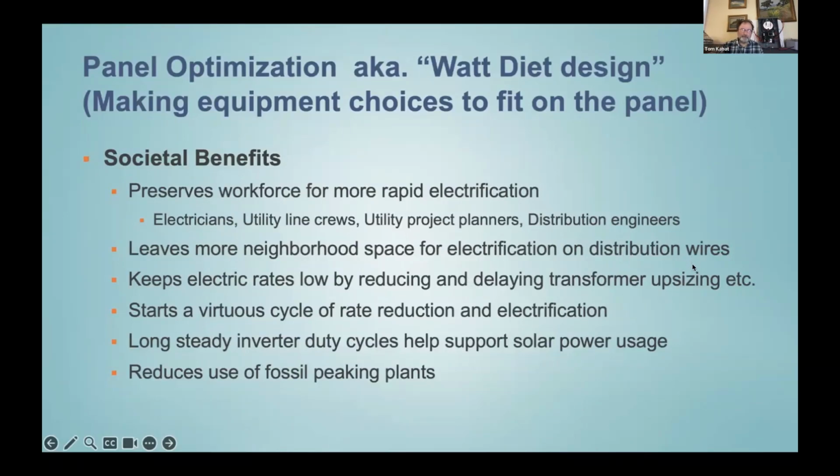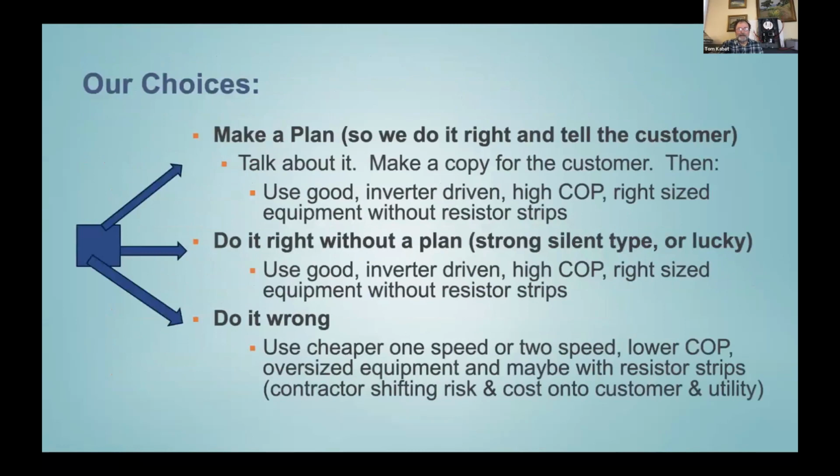We will be putting more juice across the grid. There will be some constraints that need to be solved by those workforces. We just don't need to send them on a wild goose chase down into every home to upsize the wires there. So our basic choices in doing this is you can either make a plan,